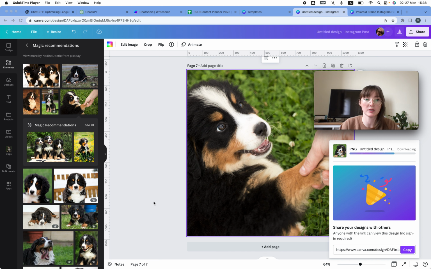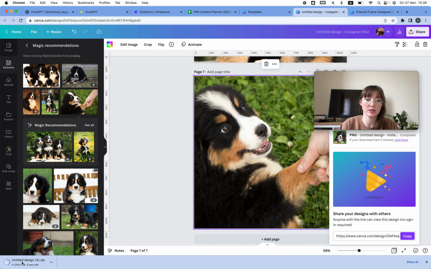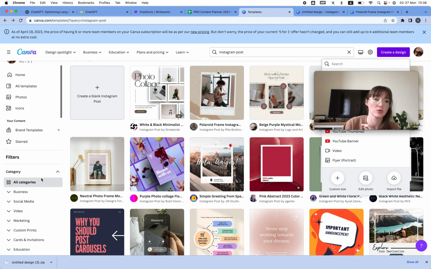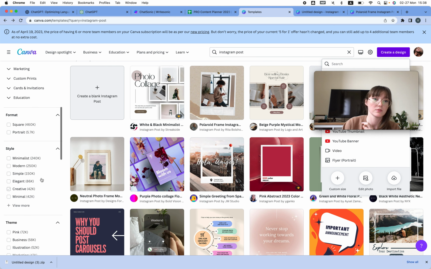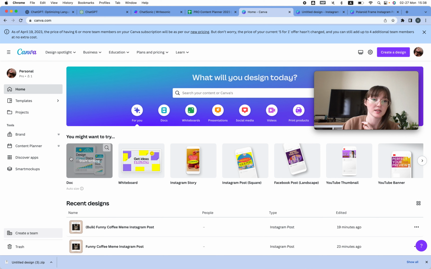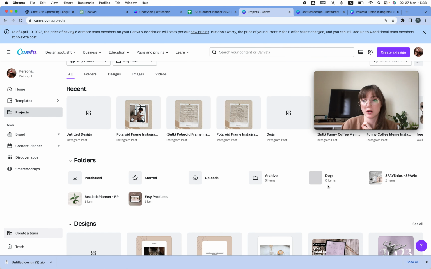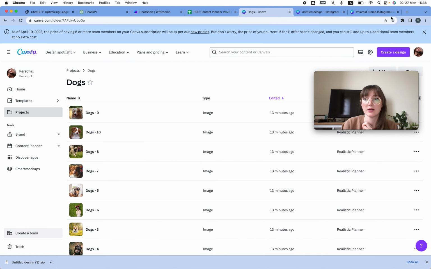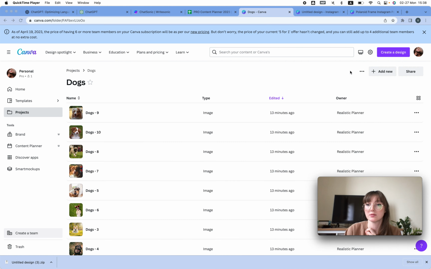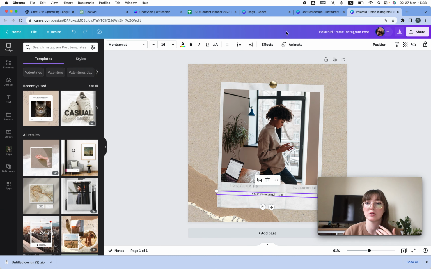So once the images are downloaded, you double click on them to unzip them, and then you add the images there. Or you go to Canva over here and you go to, where is it? Let's go home so I can see everything. And then I go to my projects, and then I create a new project. For example, I have dogs, and I will add the images to my folder. Now, the reason we do this is because once I go back to creation here, what we're going to do is